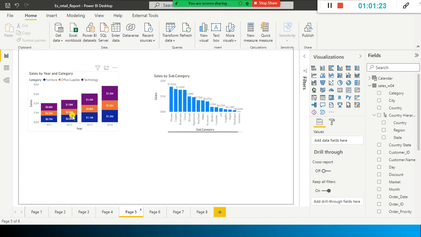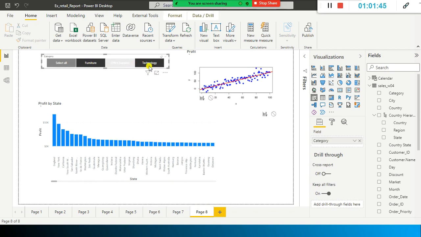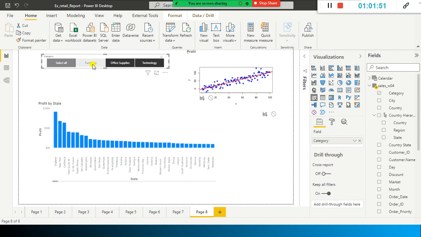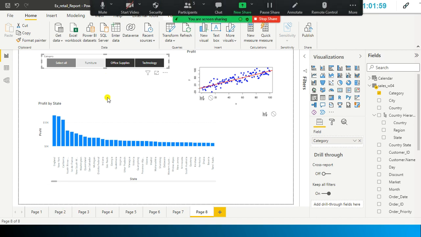I just go to page 5. Here, still, it is not selected. The filter, whatever I apply in the slicer on that specific page with 8 visuals, is not applicable here. It is kind of a standalone slicer. Whatever items I select here are applicable only to this page's visuals. For example, if I filter on furniture, only these visuals get filtered, but on other pages, wherever I use this, it will not get applied.